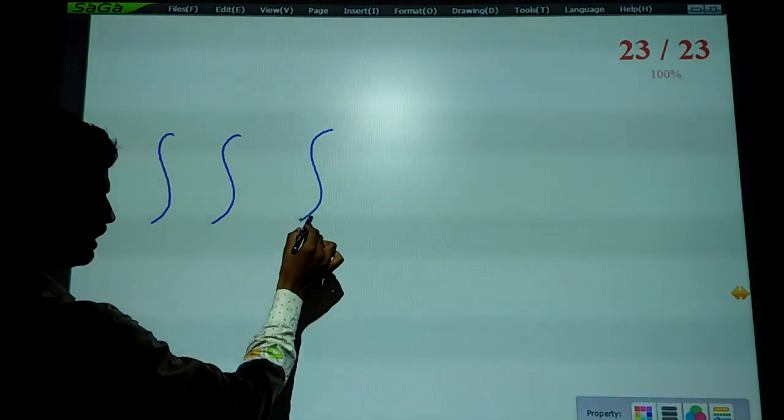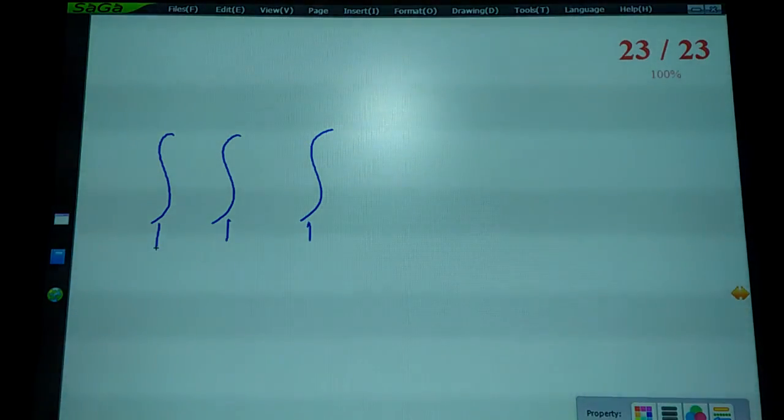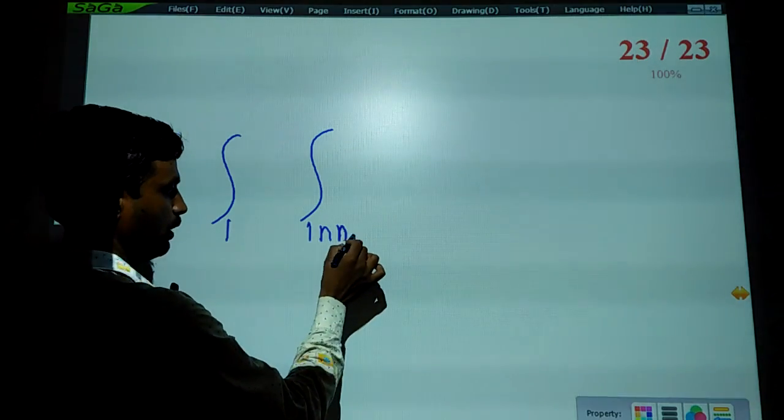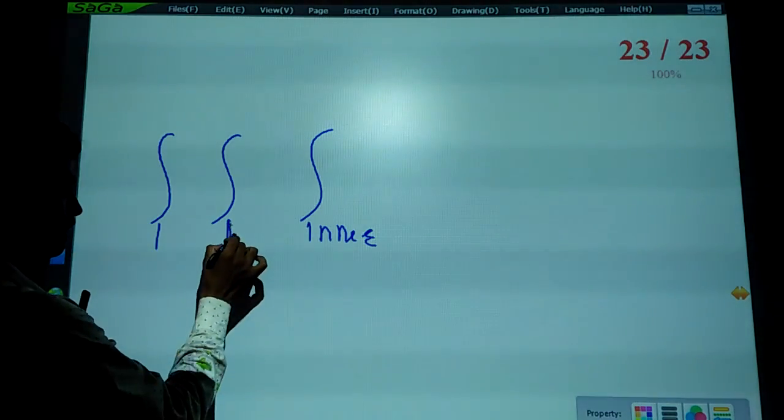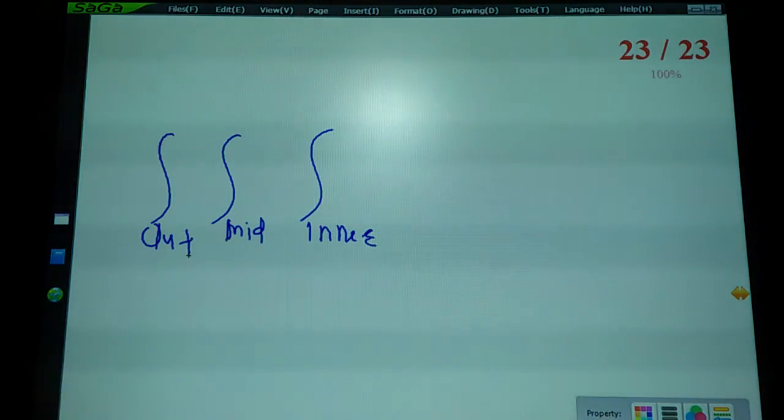Okay, suppose this is the inner integration, this is the middle integration, and this is the outside integration. Suppose the inner integration is in the form of x and y, then take